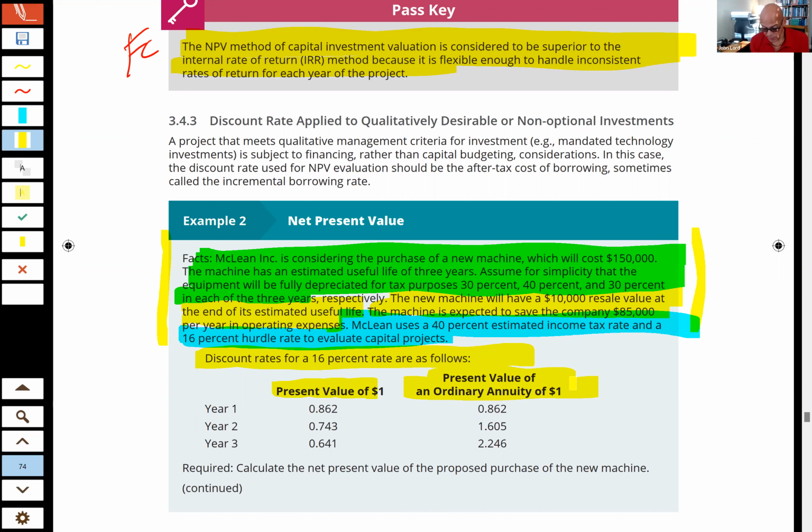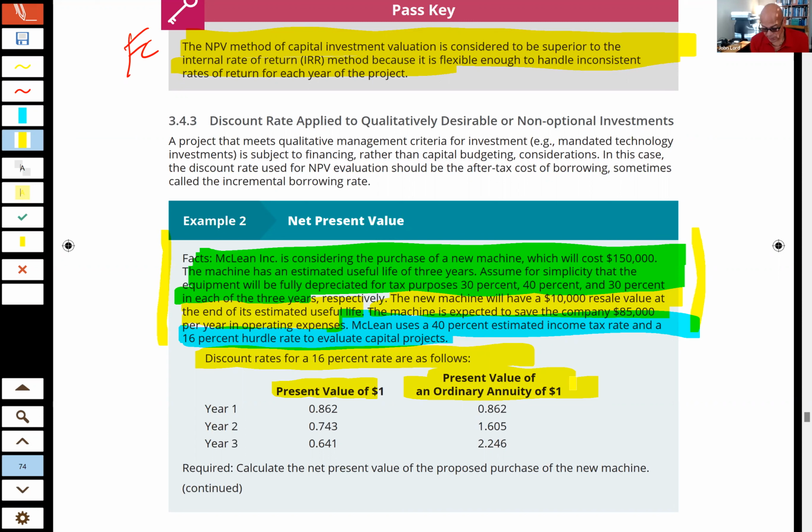So different amounts for different years coming in. So you take a look, and we look at the depreciation tax shield first. Okay, we sort of get that out of the way first. So we have the cost of the asset. Okay, and they tell us the depreciation rate is 30% in years 1 and 3, and in